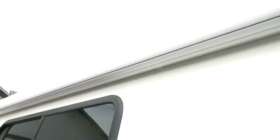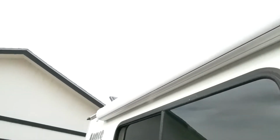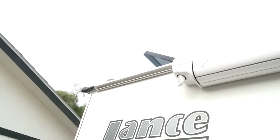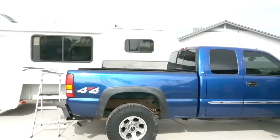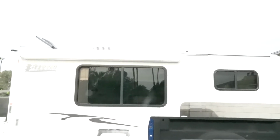I do have instructions, but we're going to use the gutter rail, and the instructions say not to use the gutter rail. They've been using the gutter rail for years. We're going to give it a shot, and I'm going to show you how I do this. Stay tuned. Using my truck as a scaffold, I moved the awning into position. So what I decided